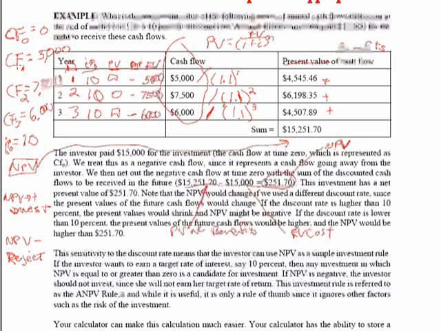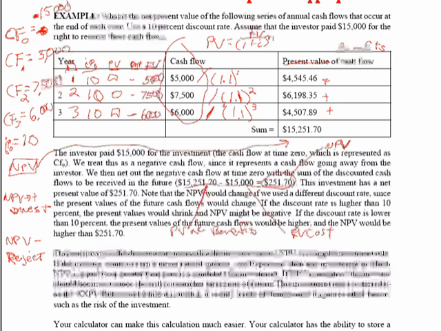Again, going back to our calculators, hopefully you still have those cash flows in your menu. If you go back to cash flow 0 and put in negative 15,000 this time, you might double check to make sure cash flow 1 is still 5,000, cash flow 2 is still 7,500, cash flow 3 is 6,000, and you still have the 10% interest or discount rate inputted into the calculator. If you hit NPV a second time, you should get the $251.70,